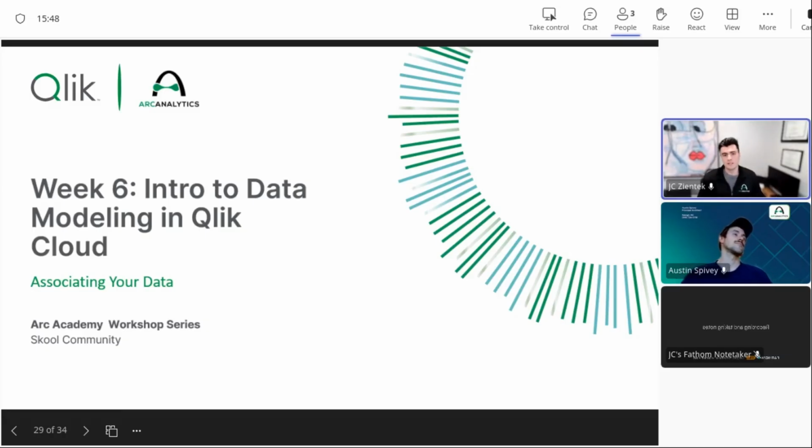But let's jump into today's session, which is Intro to Data Modeling within Qlik Cloud. And today we're going to highlight the purpose of data modeling, why it's important, the business use case behind it, the problems that it solves. And we are going to get a little bit into Qlik Cloud, but it's really not about the actual scripting component or the nuts and bolts of everything you're going to run into under the sun. It's really more about the value that it provides and things to consider when you're doing data